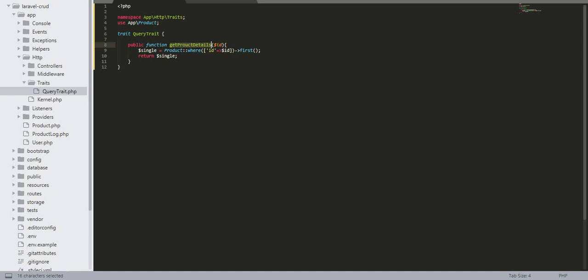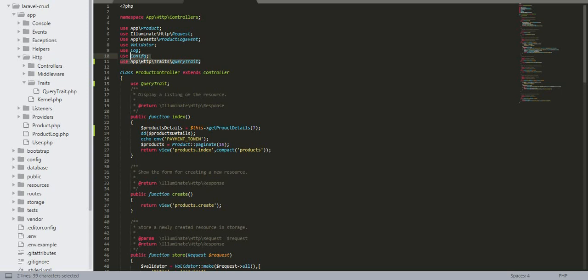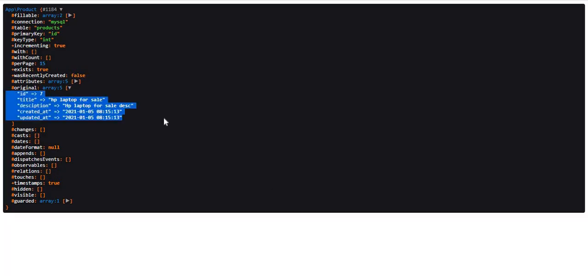Inside your controller, first we have to import your trait name, and then inside the class write use QueryTrait. Then only can you call that method with $this and your method name, and once you define it you can get your results. So this is how you can create traits in your application.